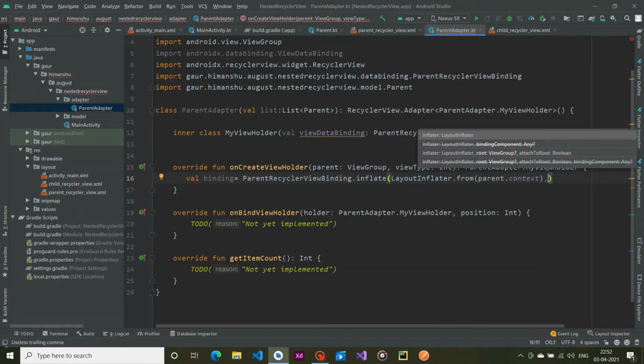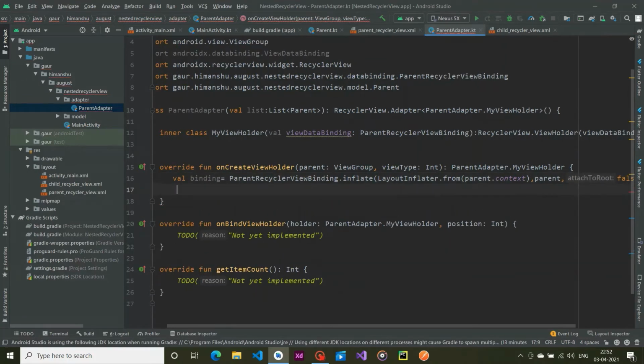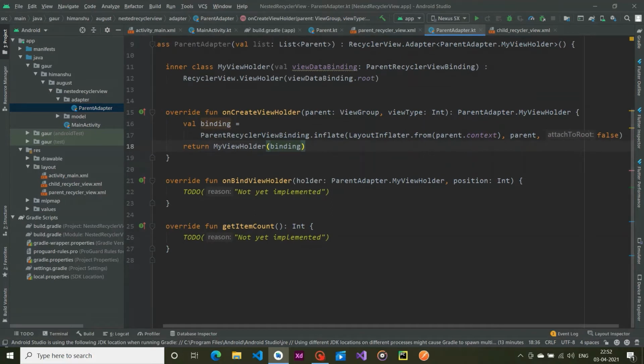So we need to pass context in here. The context we are getting from our parent, and the second argument is parent, and lastly attachToRoot, which is false. And now return this thing. So MyViewHolder, pass binding, only binding. Okay, so this is for our onCreateViewHolder.